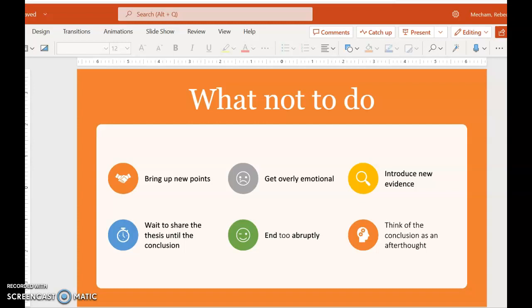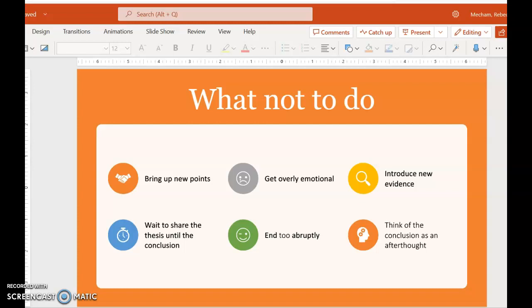Ending too abruptly, that is a frequent thing that happens. Make sure that if you've done all these things where you've shared a summary, brought up the main thesis again, and are sharing a final statement, you probably aren't ending too abruptly. This usually happens when you're not sure what to do, so you just sort of say, okay, that's it, bye, and it ends up shorter. You don't really have a concluding paragraph, I would argue sometimes.